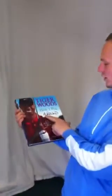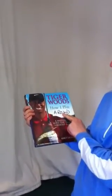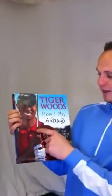So this is the book I bought from a car boot sale. You can pick it up on eBay for about 99p now. It's titled How I Play Around. I like to change the words in the title because it's how I personally like to do it. So I like to add a bit of a personal touch to the book. I definitely recommend it. This is the man, Tiger Woods, How I Play Around. Now, Ben, are you having a little...